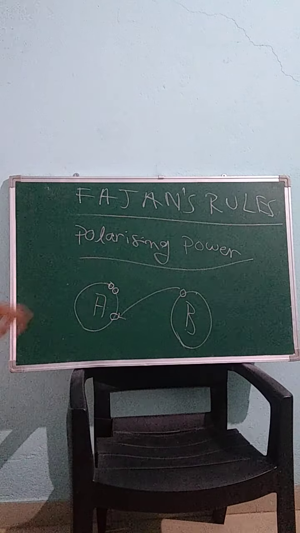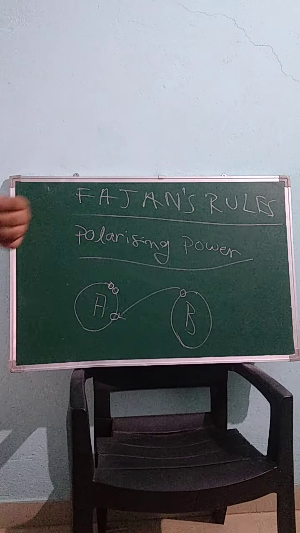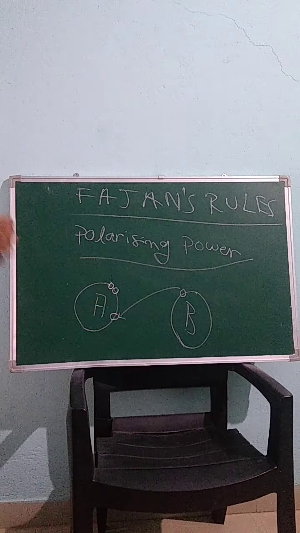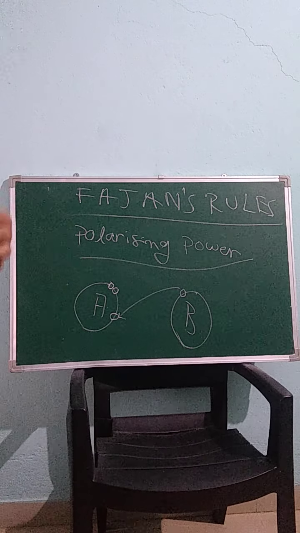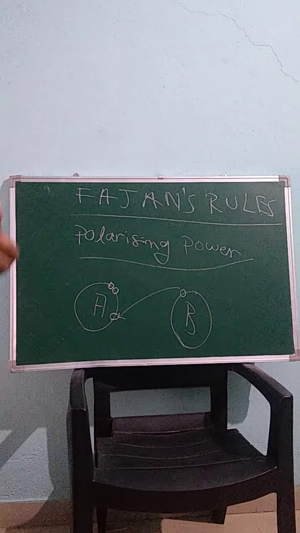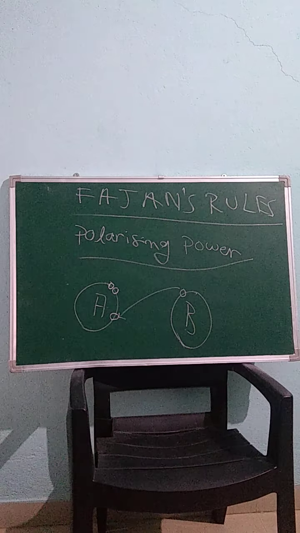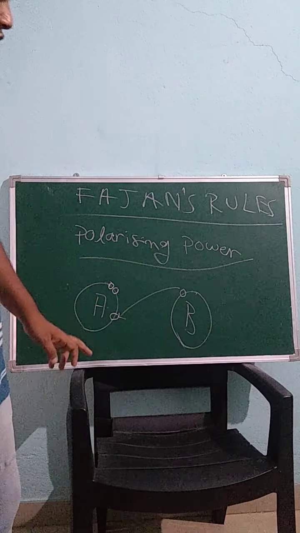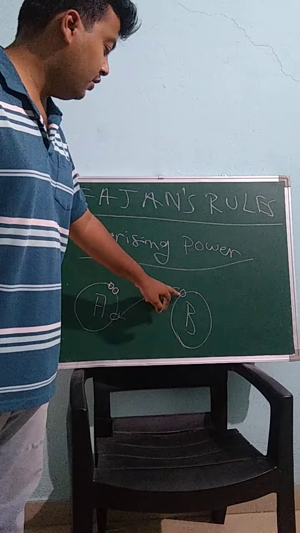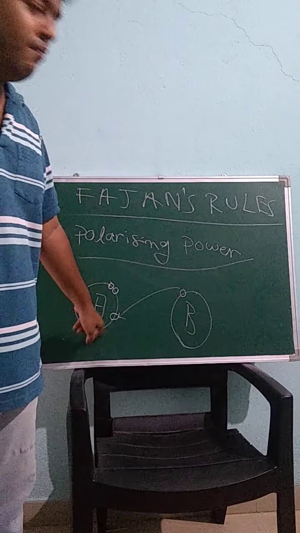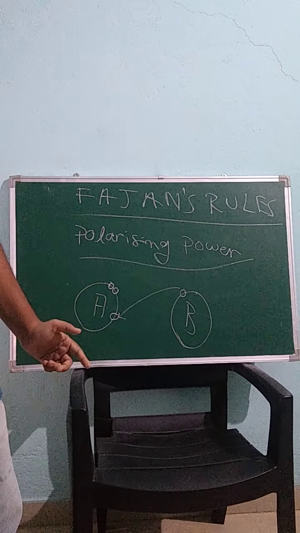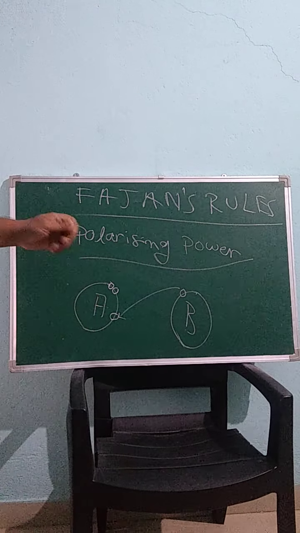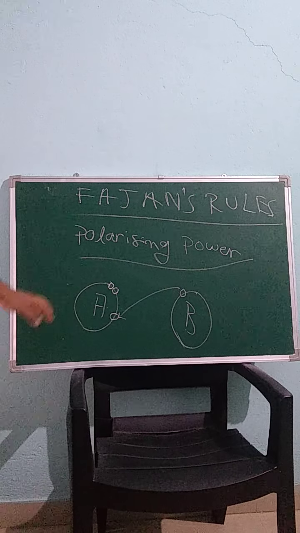to the A atom, then the electron cloud. Remember, in the earlier classes I have told you about the electron cloud. The electron cloud is the place where you have the maximum probability of finding the electron. When we are talking about donating the electron, it is not actually getting donated or shifted from here to here, but the probability of finding the electron increases here. It is a little complicated, I'll explain it again.